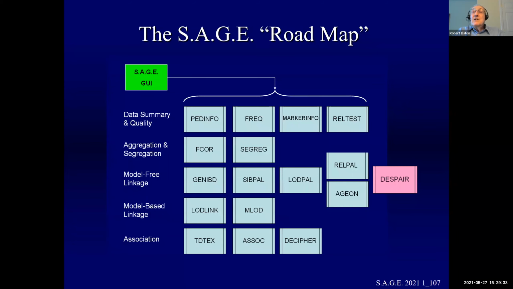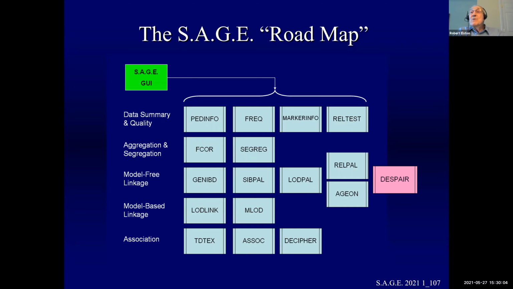This is the roadmap to the S.A.G.E graphical user interface, or the GUI. And you can see there are all sorts of programs. The top row are data summary and quality. There's PedInfo, Freak, Marker Info, and RelTest. I'll talk about those in a minute. Then there are